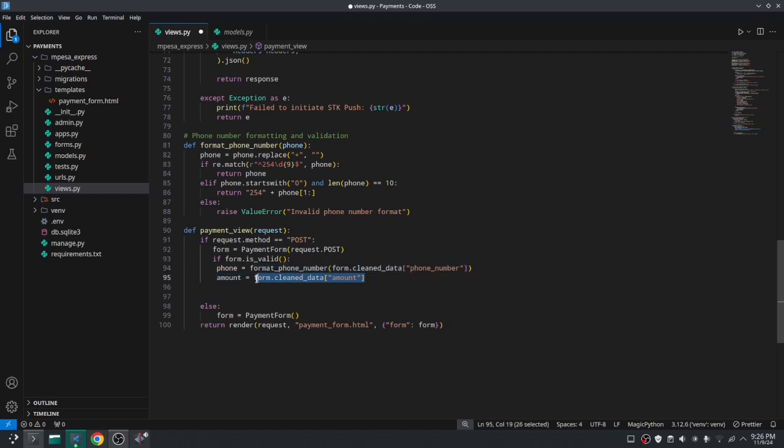You can call the inbuilt int function that converts that number into an integer before passing it to amount. Or you can try catch and handle that error, but I think this one is simpler. So okay, now since you have this phone number in the correct format and the amount in the correct format,